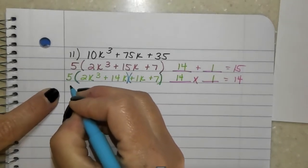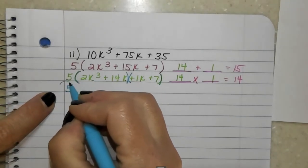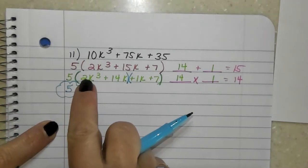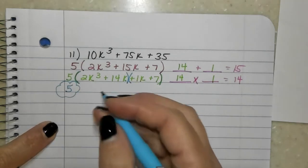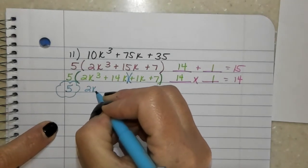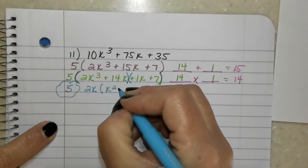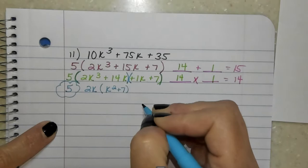The 5 comes along for the ride. You just kind of put him in a bubble. Make him sit out there for a little while. Whatever, he's out there. Don't forget about him. What can come out of a 2k³ plus 14k²? A 2k, which would leave behind k² plus 7, which is,